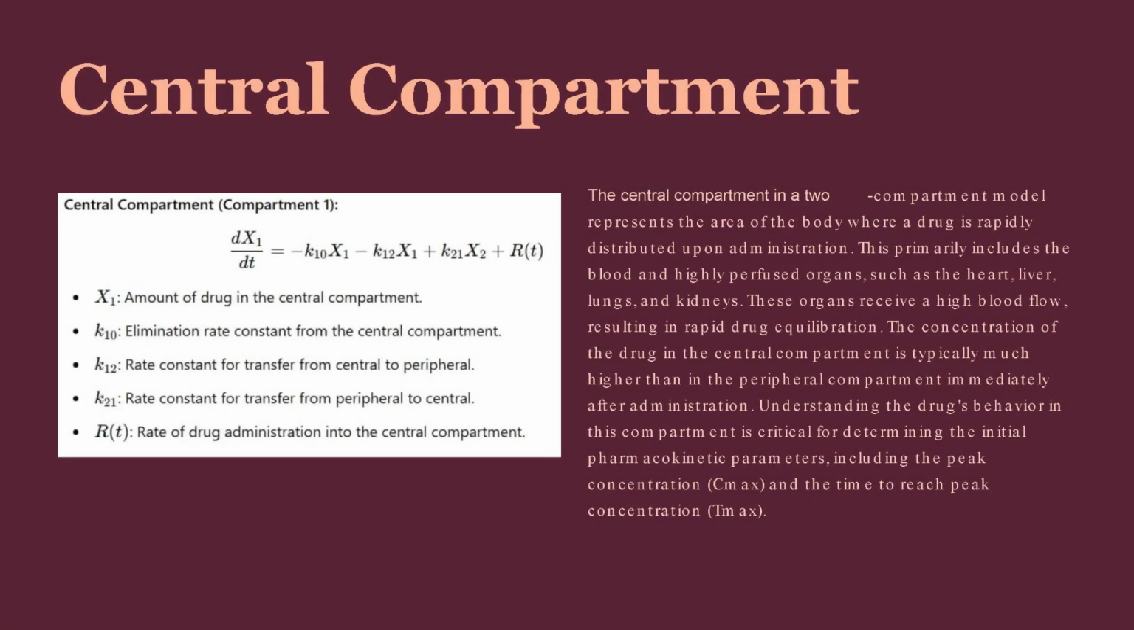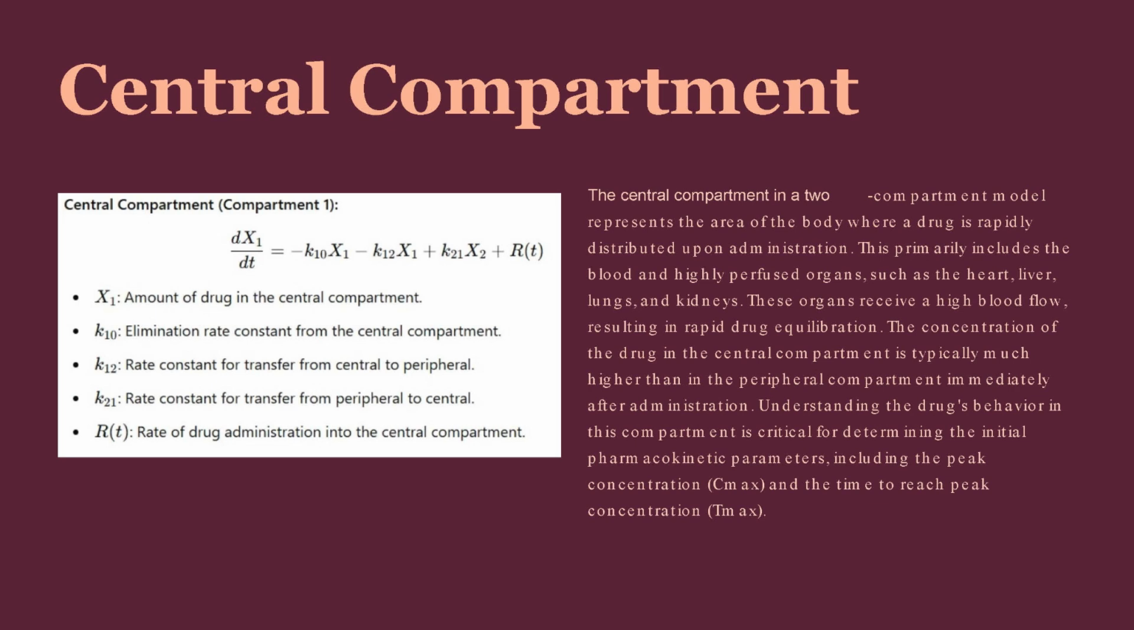Central compartment. The central compartment in the two-compartment model represents areas in the body where a drug is rapidly distributed upon administration. This primarily includes the blood and highly perfused organs like the heart, liver, lungs, and kidneys. These organs receive a high blood flow, which results in rapid drug equilibration. The accompanying picture highlights these organs connected through the circulatory system, illustrating how the drug quickly reaches and distributes within